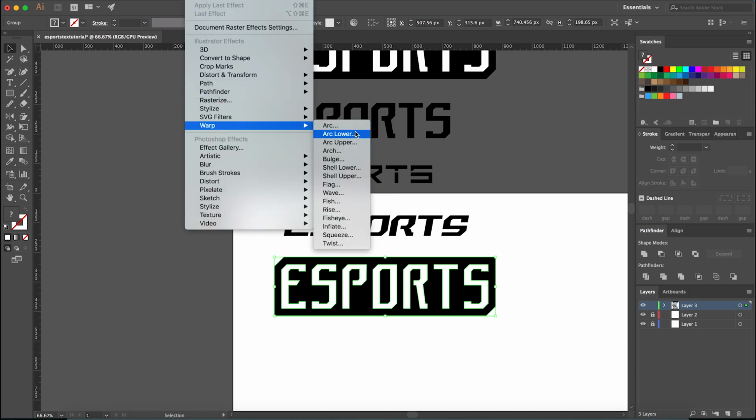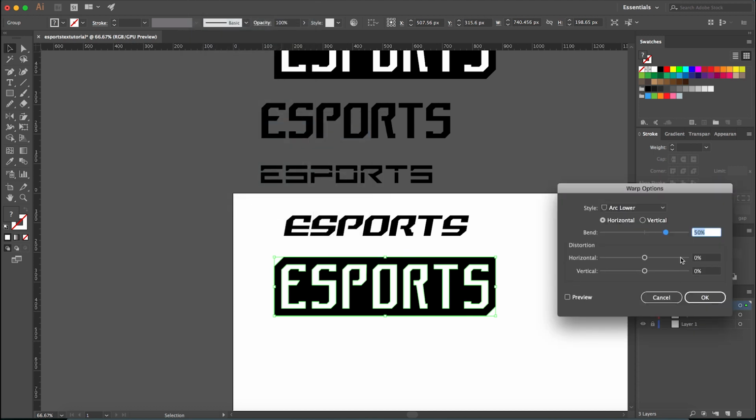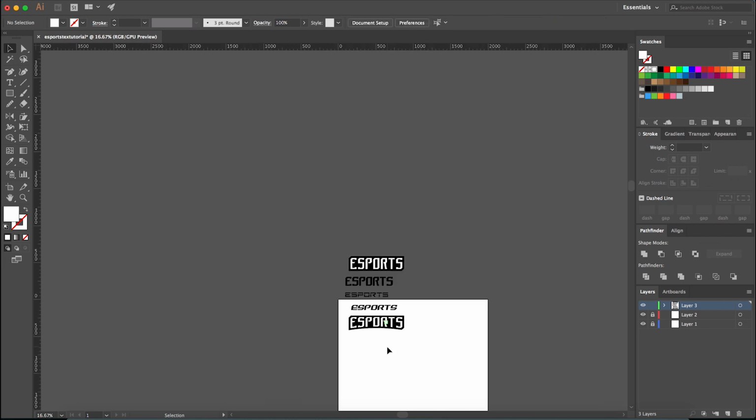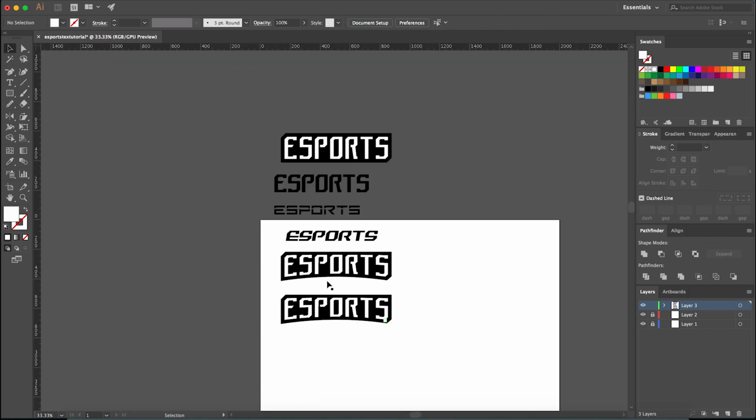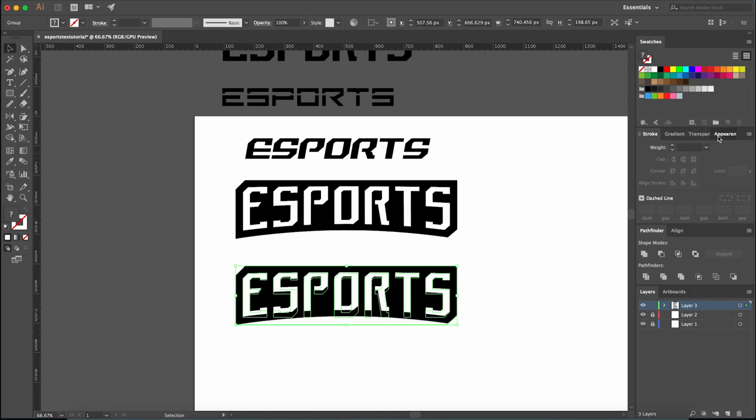Then I'm going to go to Effect, Warp, and Arc Lower. I'm going to give an arc to the bottom. Minus 15 is usually a decent size. Looks a bit ridiculous on this one. Minus 5 looks a bit boring. Minus 10 looks about right. That looks pretty good. One thing we could do, again, I'm just going to click and drag, is go over